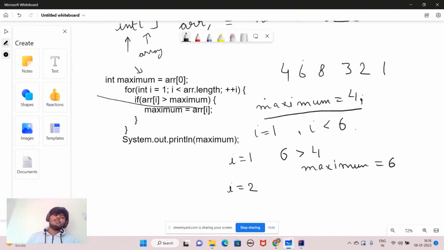Now I will again check if my array I is greater than maximum. What is my array 2? Array 2 is 8. I'll again check if my 8 is greater than maximum. Maximum is 6, right? So I'll update my maximum with 8,